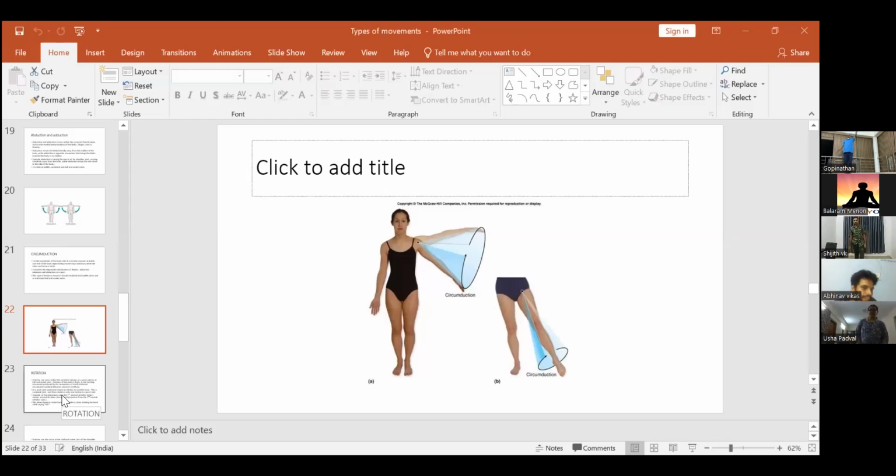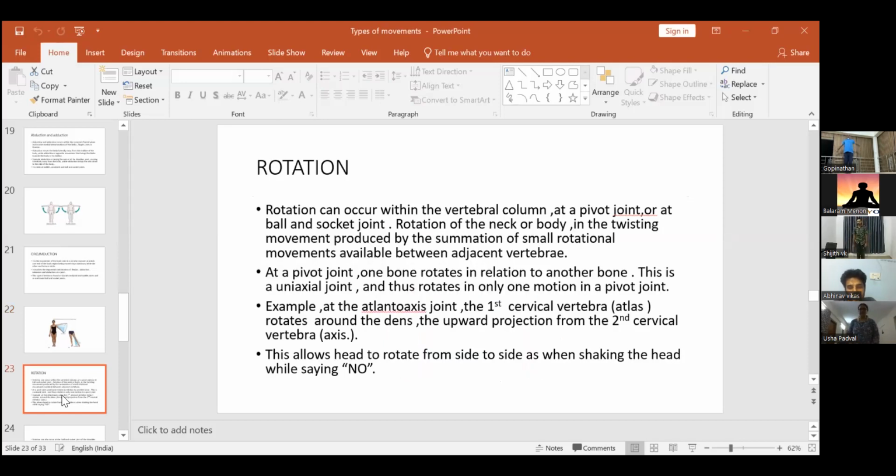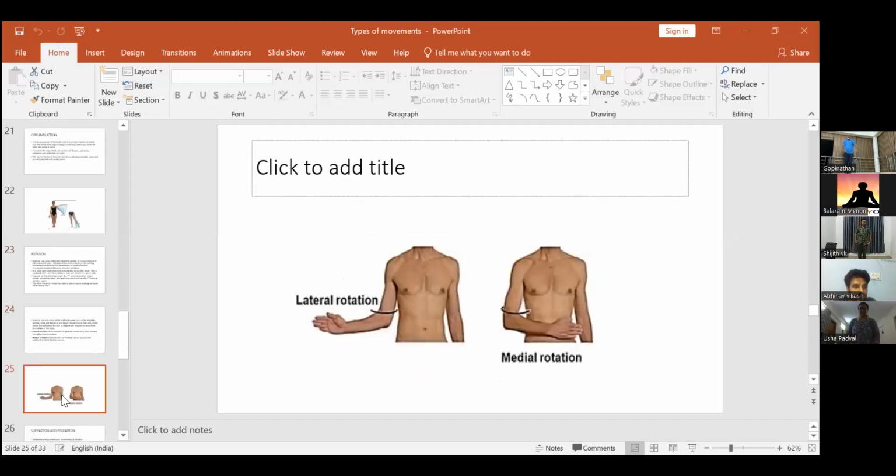Try it. You try it. I'll help you. Next one is rotation. In rotation, you have